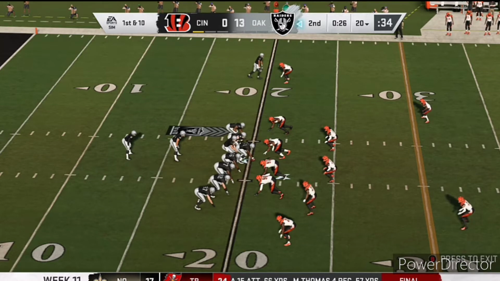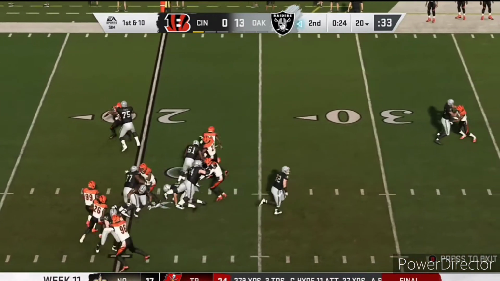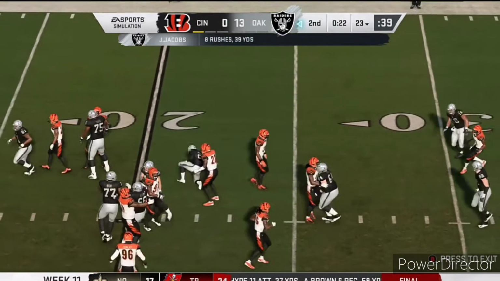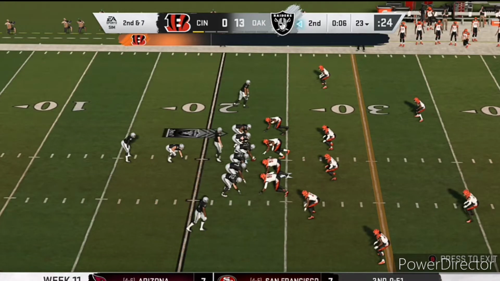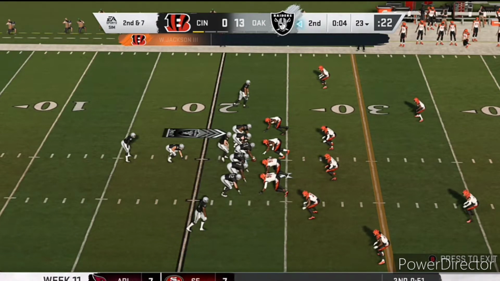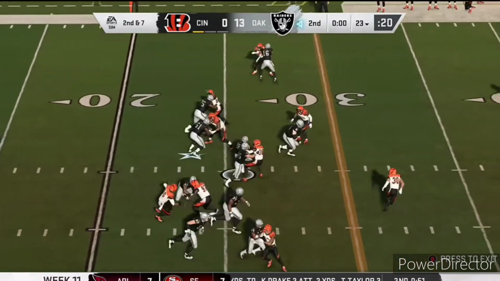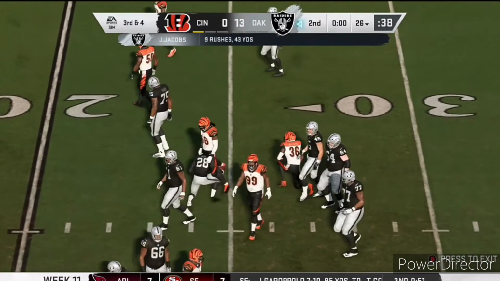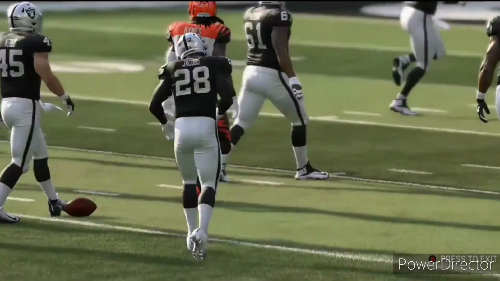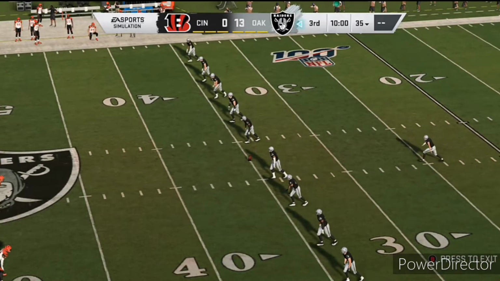Looks like they might just run this clock out, barring a big run here, as Jacobs gets the ball and he'll get it up to the 23-yard line. That'll make it 2nd and 7, and it looks like they'll bring this to halftime with 6 seconds left to go, as they do not look like they may snap the ball. Actually, they do. They hand it off to Jacobs, who gets past the 25 out to the 26-yard line. And that will bring us to halftime finally, as Cincinnati is down 13-0